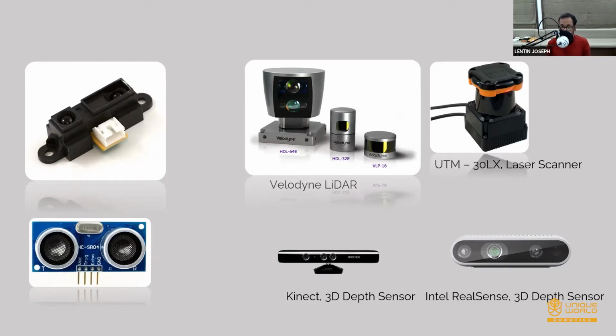Because as humans, we can detect depth. If I'm seeing an object, I can perceive almost the distance from my eyes to that object, but robots can't perceive that. Robots need some sensor which can give the depth information. So we have stereo vision, where using two eyes we can perceive the world in 3D.